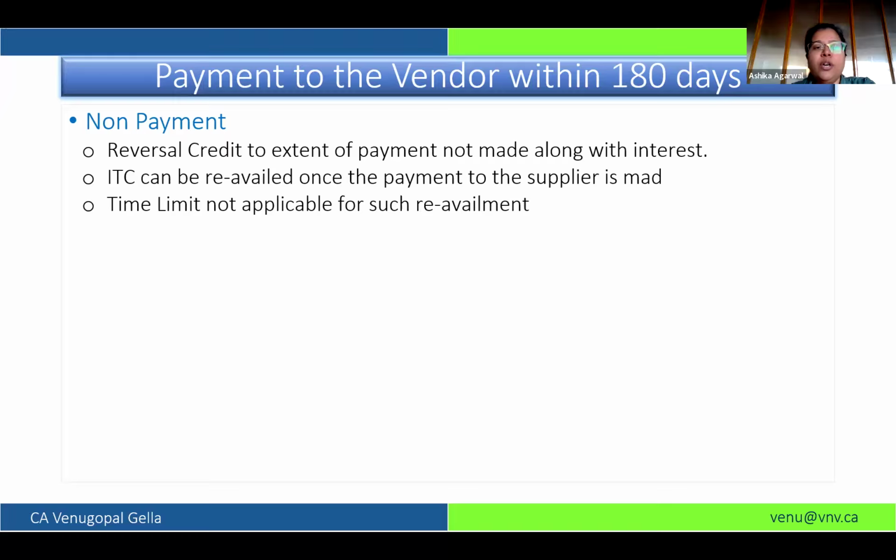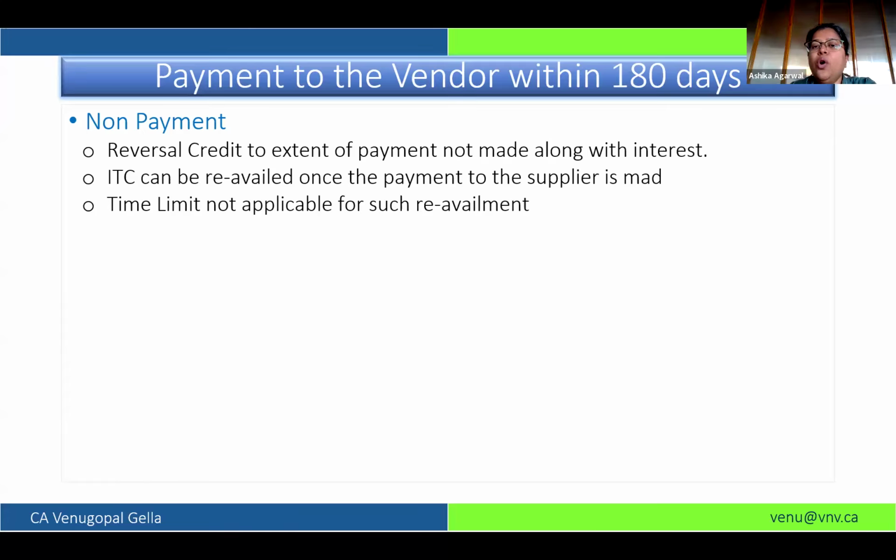December is beyond October, the month for filing the GST return. Will that credit lapse due to the time limit? The answer is no. The time limit to avail the ITC is applicable only on first availment. It does not apply when you do re-availment or reclaim the ITC.